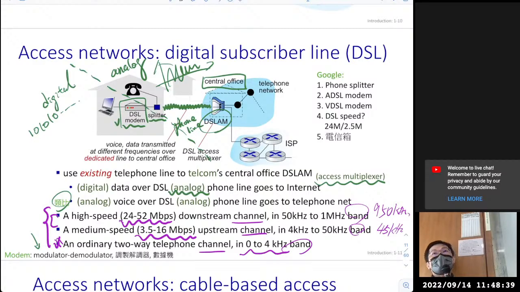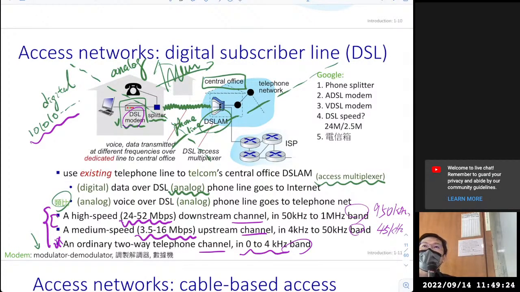这样可以理解吧？这个很自然。Okay, so in that case, if I have several digital messages, the DSL modem will help us to convert those digital messages to analog signal. Okay, and those analog signals, if someone is using the phone simultaneously, those two signals, voice signals and data signal, will combine together and pass through the copper line to the central office. And the central office has an access multiplexer. It will also filter out